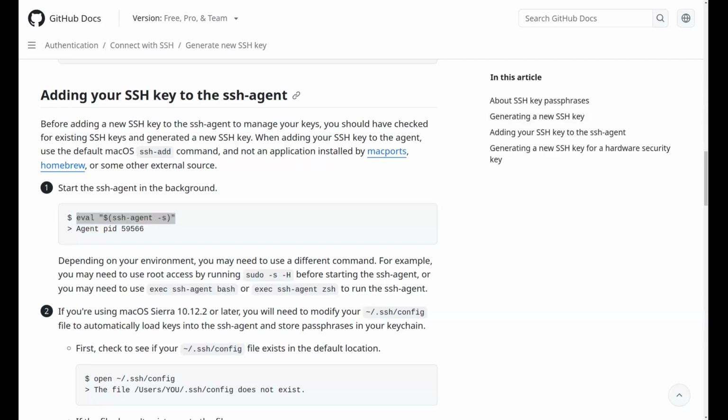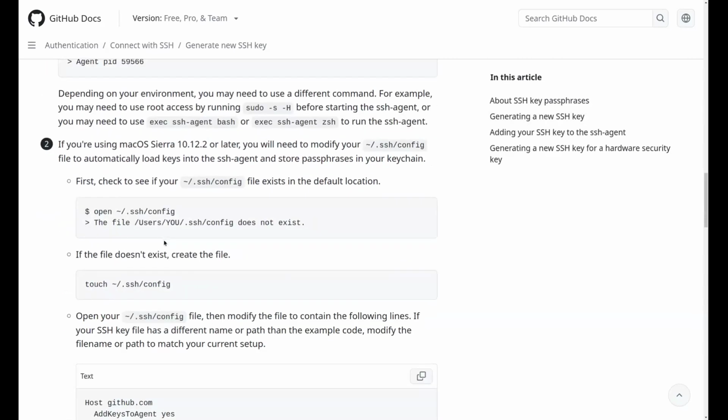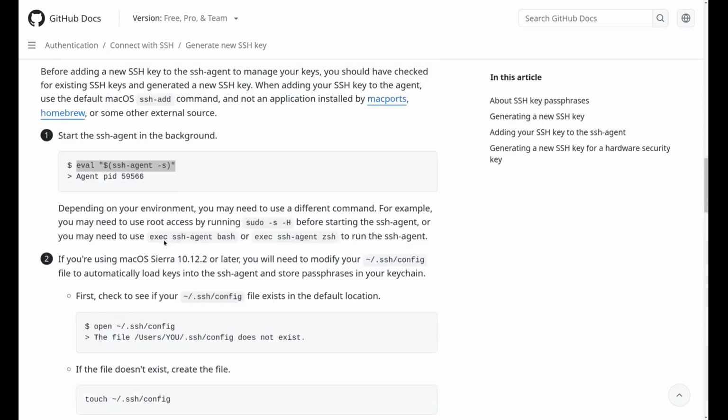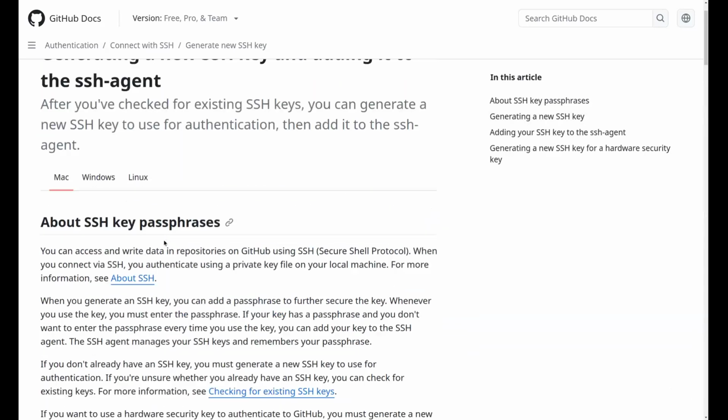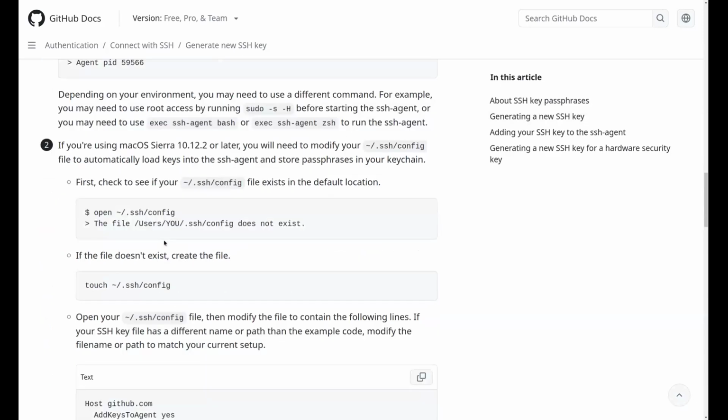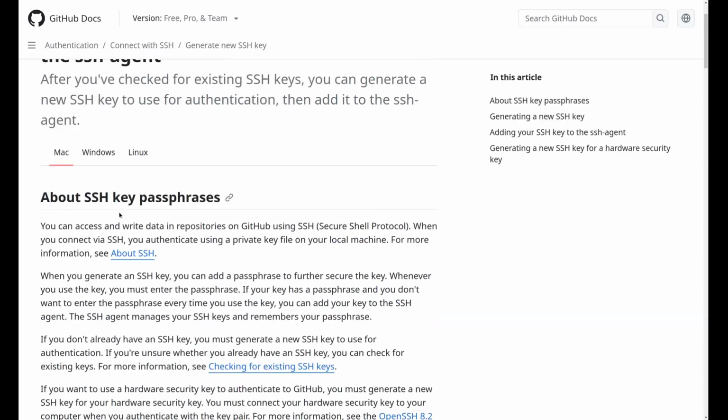And this would be for Windows. Where is this? This is for Mac here.